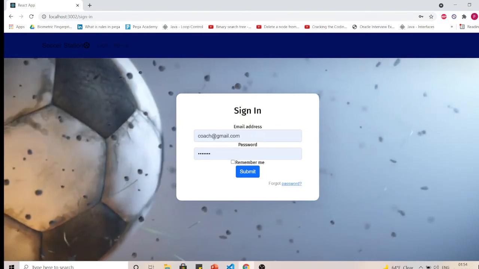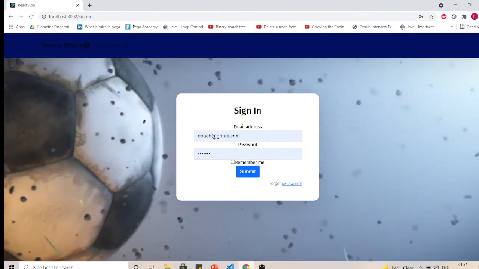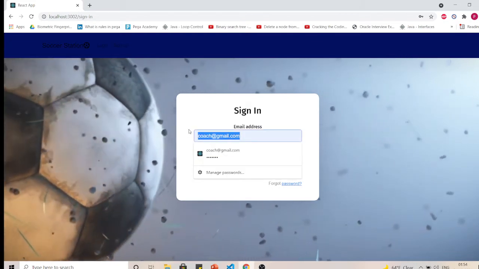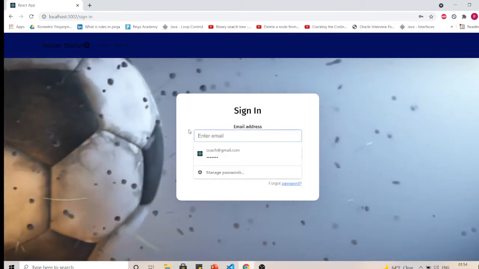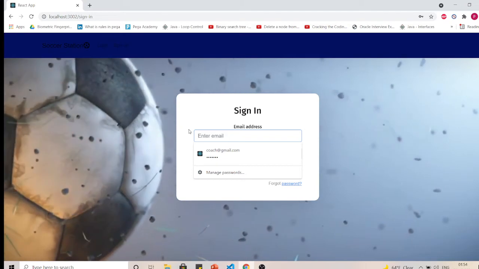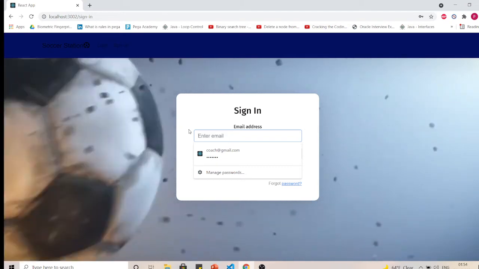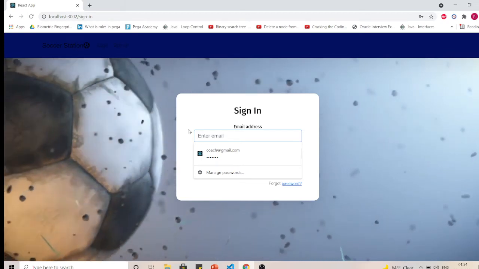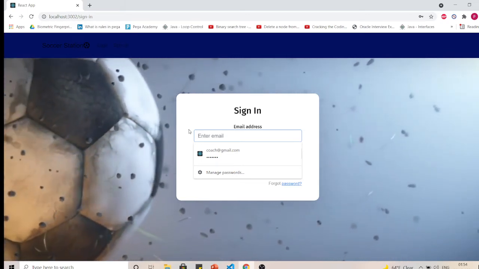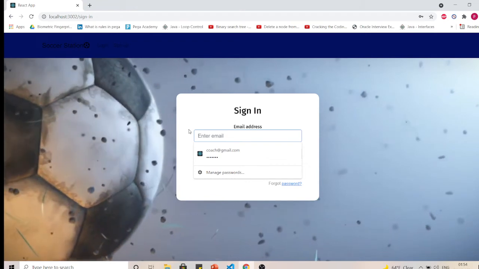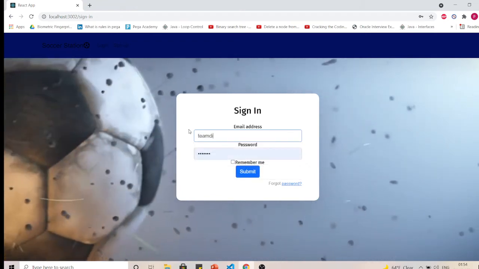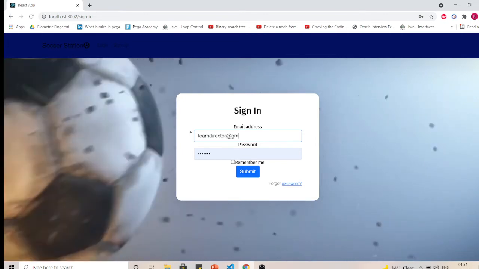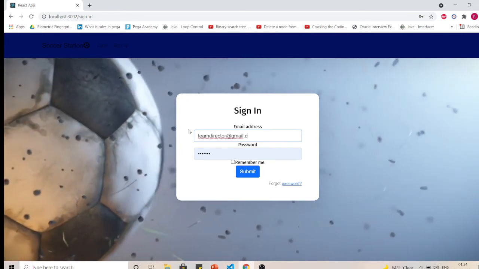We have also worked on role-based logins this time. I would like to give an example of a role-based login. Professor Findler told us about the logins that our website can have. And one of the logins that we have authenticated back in our DB is team director. So he will be logging in,